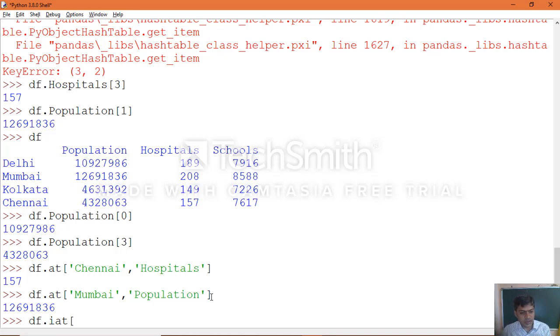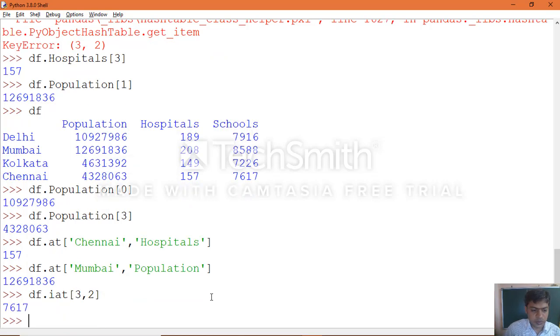If it is the at attribute, there are also two arguments you need to pass: one is the row label, another one is the column label, in the form of label names. But iat is the integer position, where you specify the numeric values of those rows and columns. Suppose I specify 3 comma 2, now see the output.